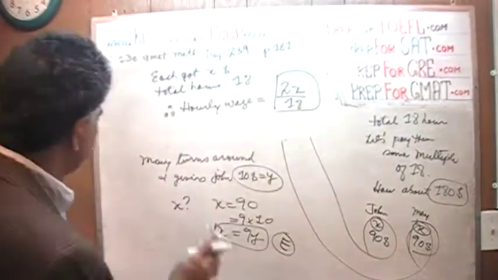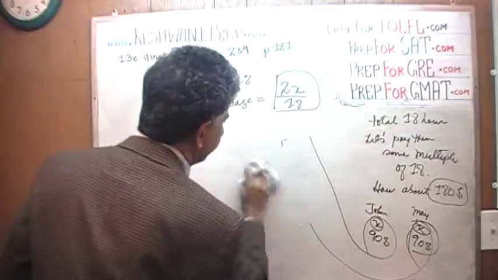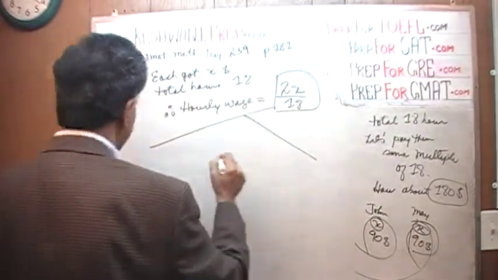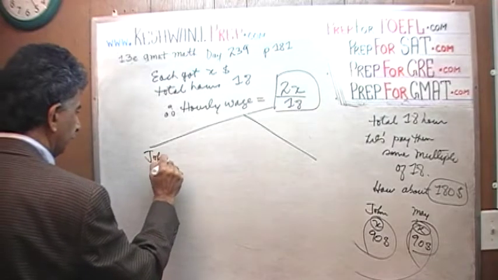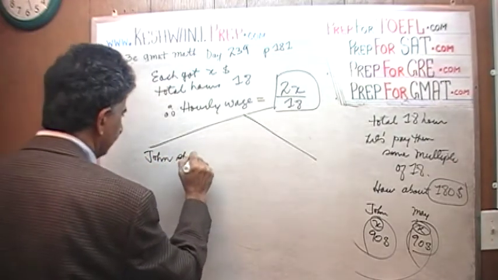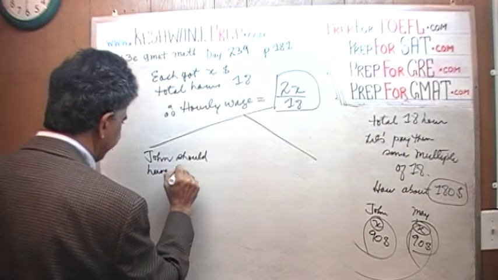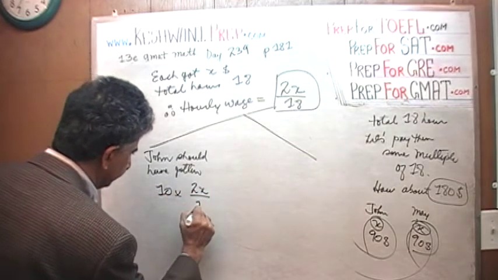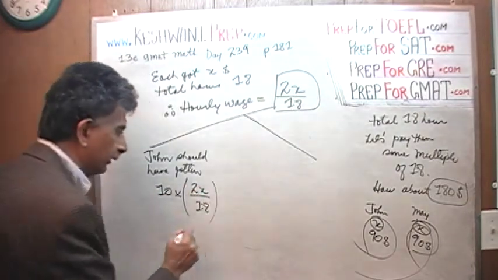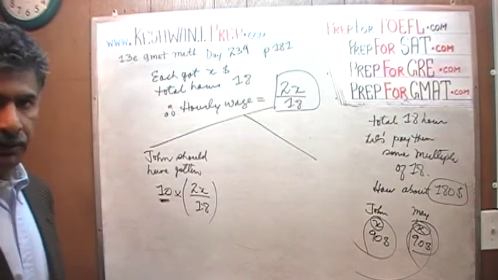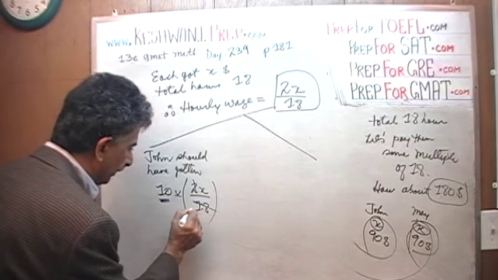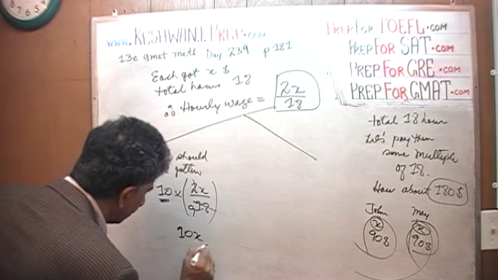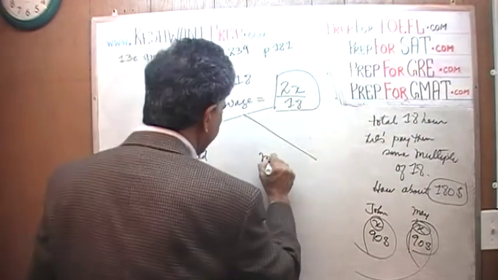Let's keep going. With this dollar per hour, we know now that John should have gotten 10 times that amount, because this is the hourly wage and he worked 10 hours. Let's simplify: divide top and bottom by 2 and we end up with 10X over 9. Similarly, Mary